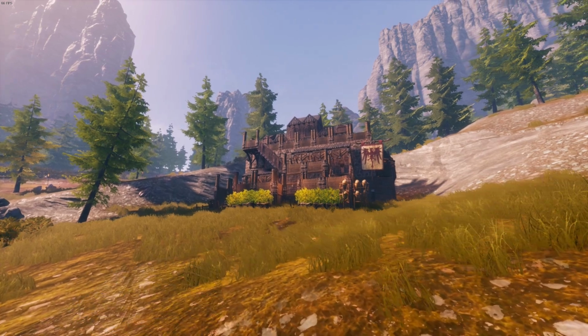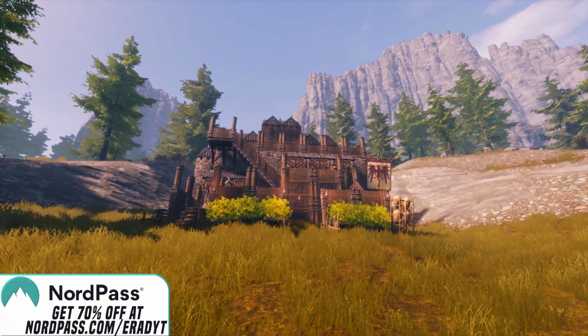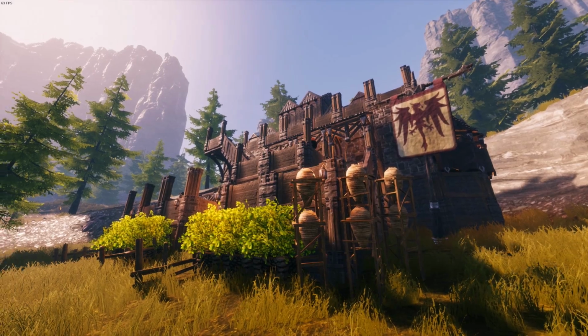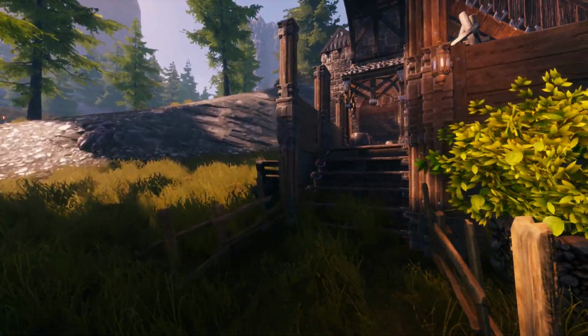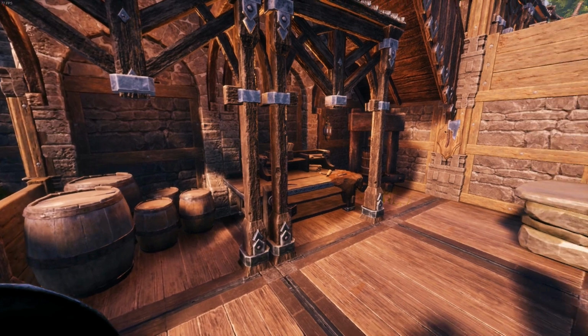Finally, when the shell of the build was done, it was then time to, of course, furnish. Approaching the build, I've added a heraldic banner of the village, alongside some plants and beehives to lure out smaller animals. On the left-hand side of the build is the outdoor workstation, where larger animals can be skinned and butchered on